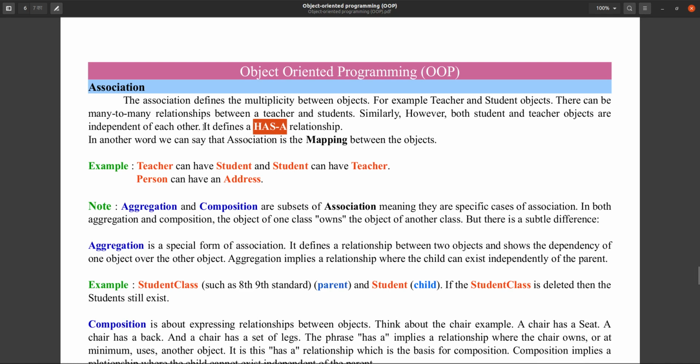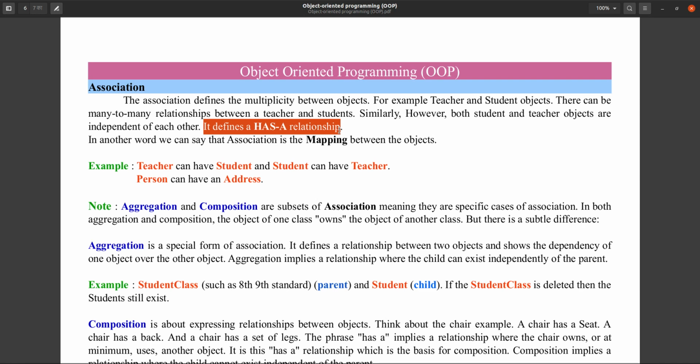We are saying it is a has-a relationship. What does has-a relationship mean? Suppose I say a teacher can have a student and a student can have a teacher, means teacher has a student and student has a teacher. In the same way, a person can have an address, so person has an address. So there is a has-a relationship.